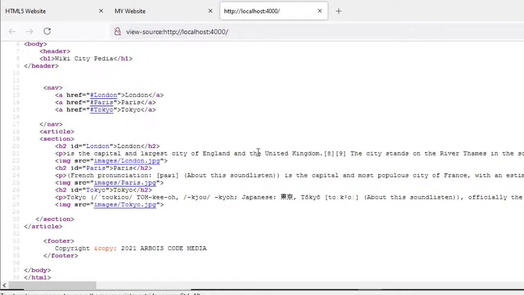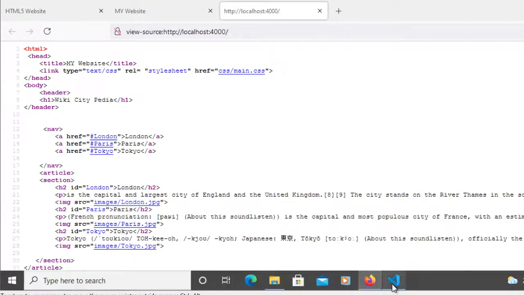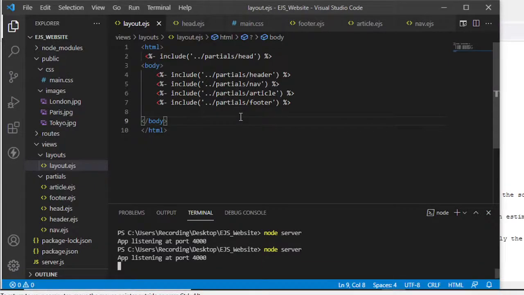Okay, same as before. So this is how our EJS works. Aside from EJS, there are a lot of templating engines in Node.js. That's the power of Node.js. So don't worry, we're going to discuss all of those types of templating. But for now, since we already set up the requirements for our EJS,